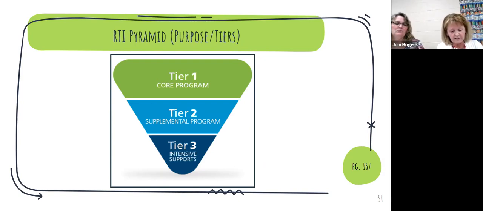Some students even need intensive remediation in foundational skills, and we have to plan to provide this level of assistance also. And this is the intensive support, and that's the Tier 3 for intervention. And in this Tier 3, we want the most highly skilled staff to be working with those students on their targeted area of need.